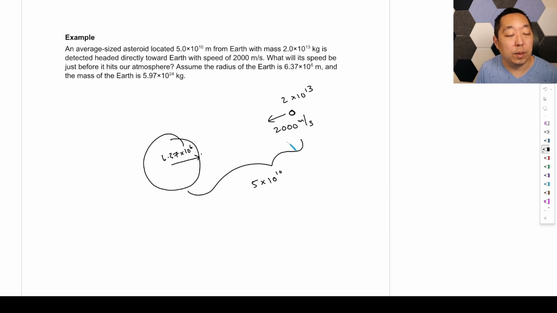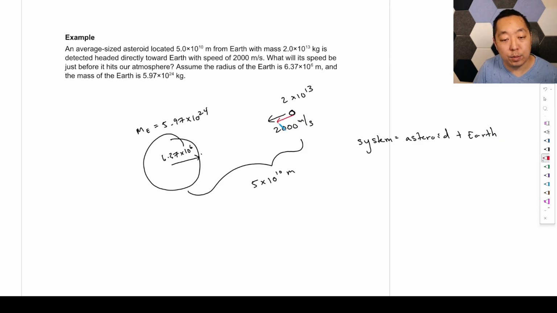Let's see. And then the mass of the Earth is 5.97 times 10 to the 24. Okay, so first step is, what is our system here? We're going to include both of them so we can do that gravitational potential energy. It'll be the asteroid plus the Earth. Okay, so then we're going to draw our free body diagrams, and they're going to have forces